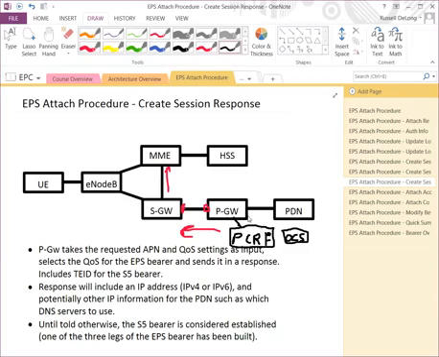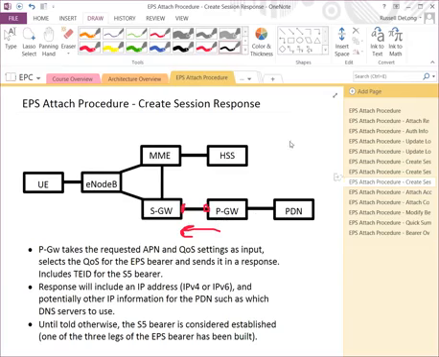OCS. It has an interface there called Gy, so this would be the Gx interface and Gy, if you want to look those up. So the OCS would say, oh, the subscriber doesn't have balance, or he has balance for this type of service but not that type of service. So the P gateway is really just in a better position to dictate the quality of service for the session because it has all these other hooks into other systems and potentially more awareness of the real-time state of the subscriber's services and what the carrier would want to issue the subscriber for this